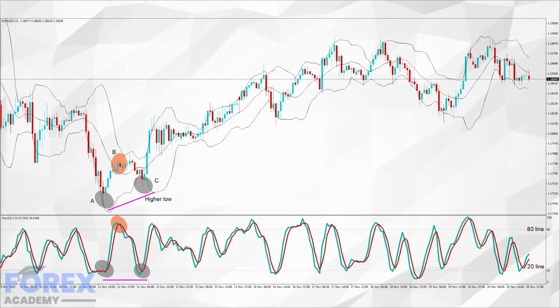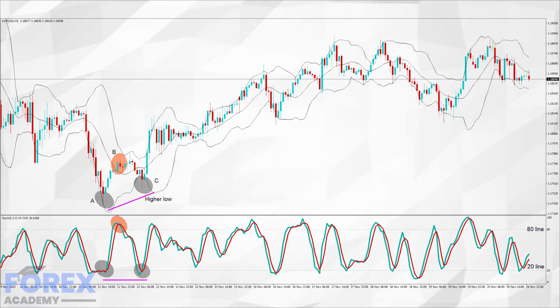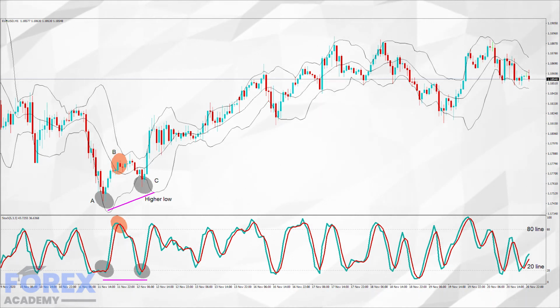In this ABC scenario, we have more clues about the future potential of price action. First, we have the stochastic showing an oversold position at A, and when price reverts higher to position B, price action appears to stay inflated and ignores the stochastic initially. However, when price action moves lower at position C, we have divergence in the stochastic and price action, where the stochastic has moved lower to the 20% line, and the price action at position C has moved lower to a level at position A. It has formed a higher low, and this is an indication in itself that price action may be fading to the downside, especially when coupled with the hesitation to move lower at position B,